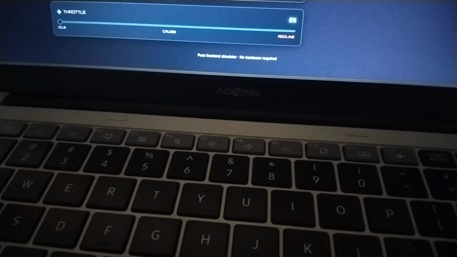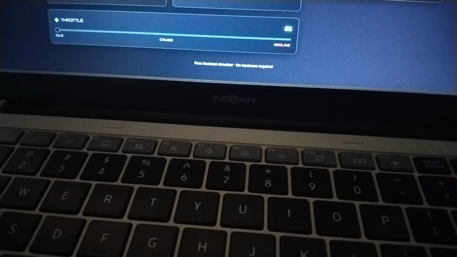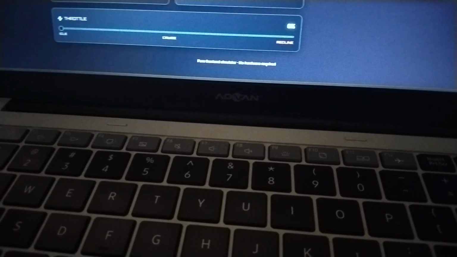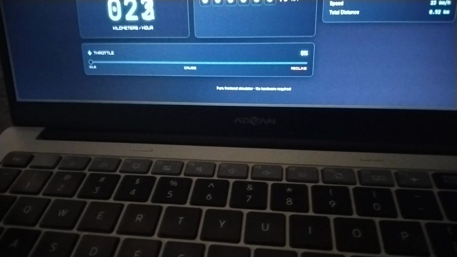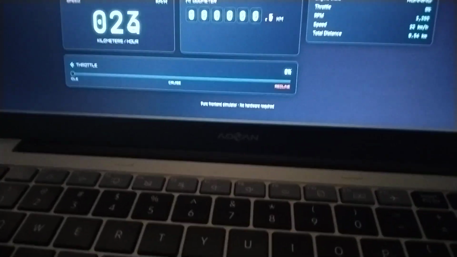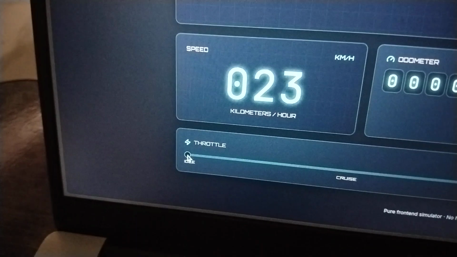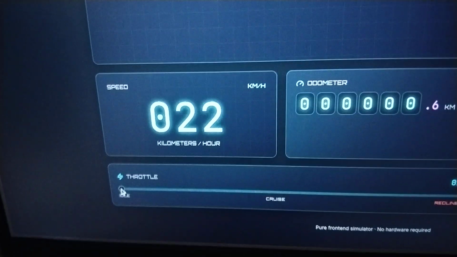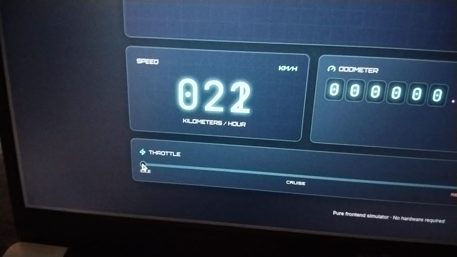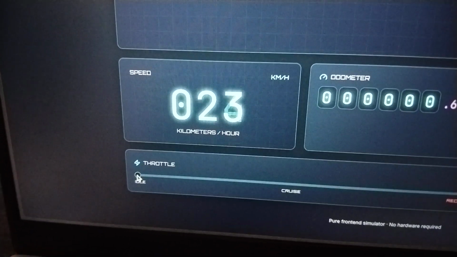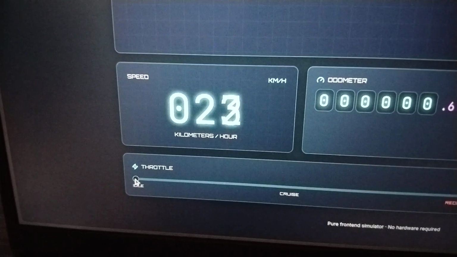So it really gives you the feel of a running engine. And now you can see the throttle. The engine is running.